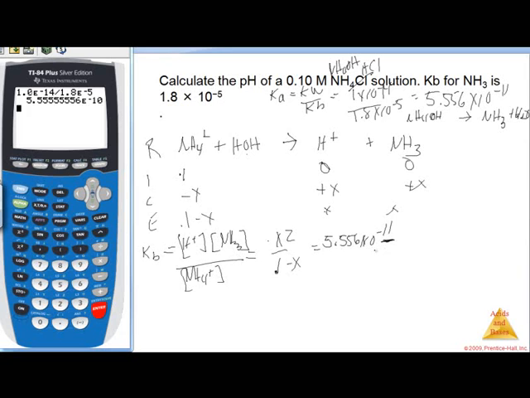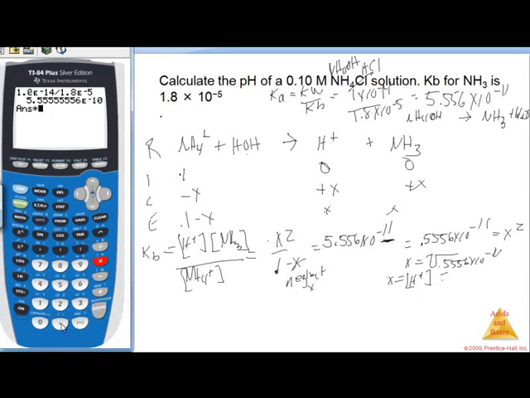Again, a tiny dissociation here, so I can neglect X. So I end up with 0.1 times this, which I'm just going to call 0.5556 times 10 to the minus 11 is equal to my X squared. So my X is the square root of 0.5556 times 10 to the minus 11. So my X, which is equal to my H plus concentration, is going to be, let me just multiply this here, times 0.1 equals, and then I'm going to take the